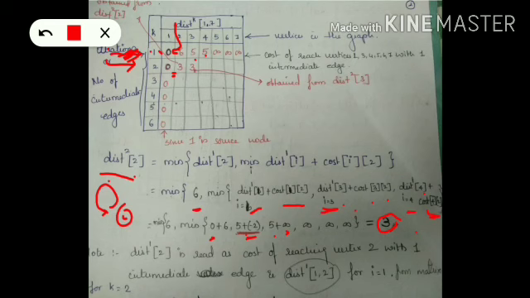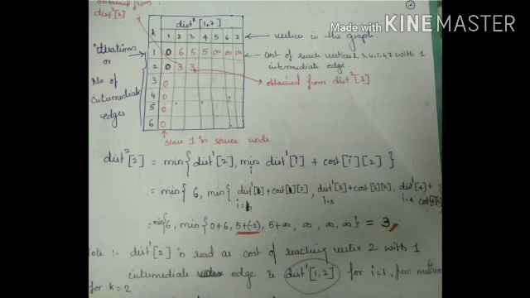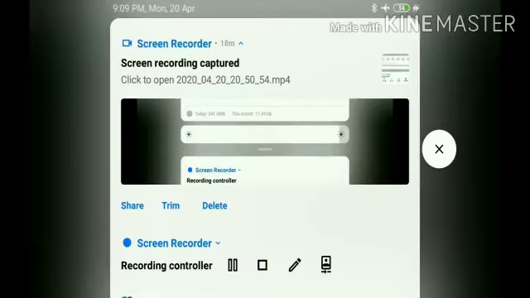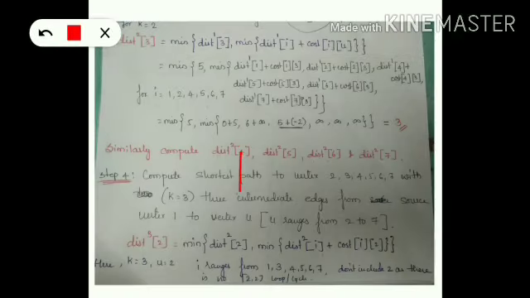The next time I should be finding the distance to reach vertex 3 with intermediate edges to be at most 2 or exactly 2. Please observe here. So the next thing that we have calculated is the distance to reach vertex 3 from the source vertex 1 with 2 edges in the shortest path.